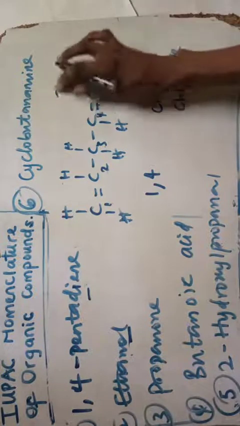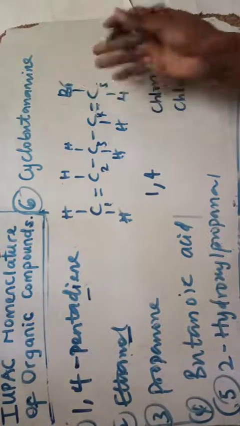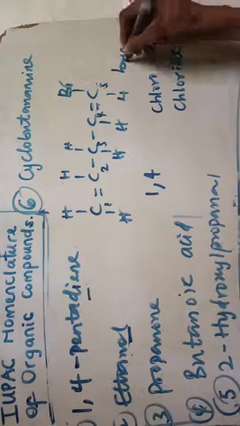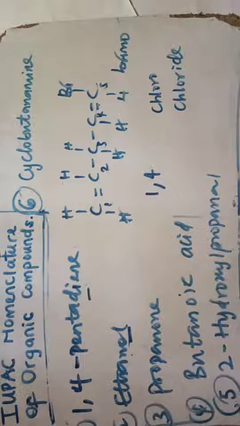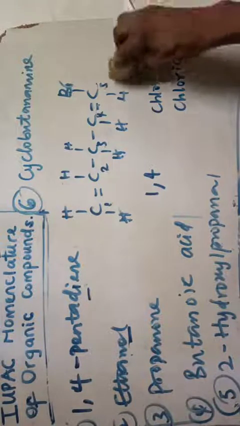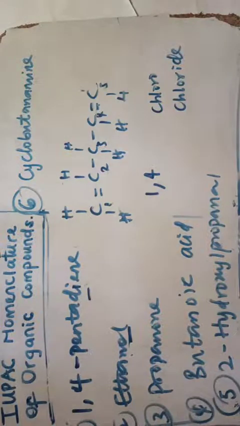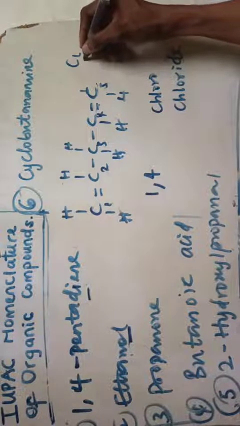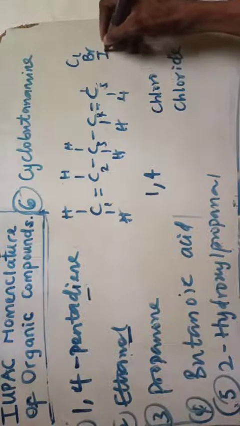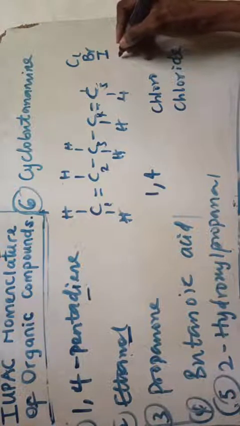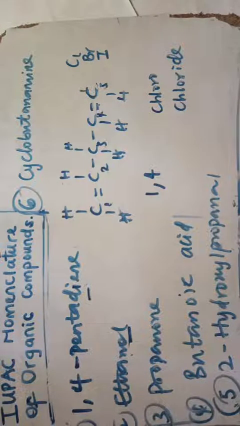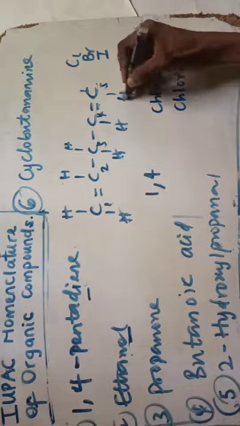If I write bromo, imagine I put Br here. What is the prefix? The prefix is bromo, B R O M O, while the suffix is bromide. We have iodo, we have also amine, and they also have their own category. That category includes your chloro, your bromo, your iodo, your amide, like that.